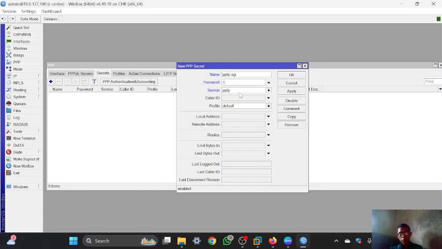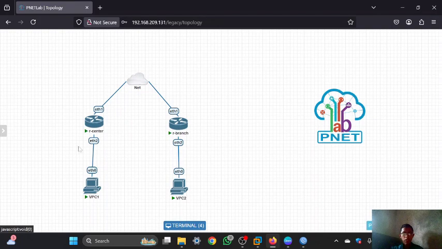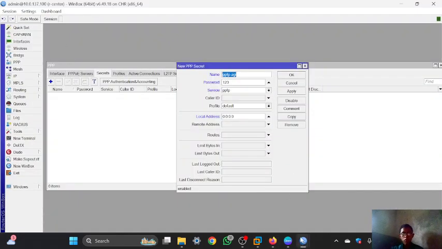And for the password, anything you want. And for the local address is the IP tunnel for the router center.